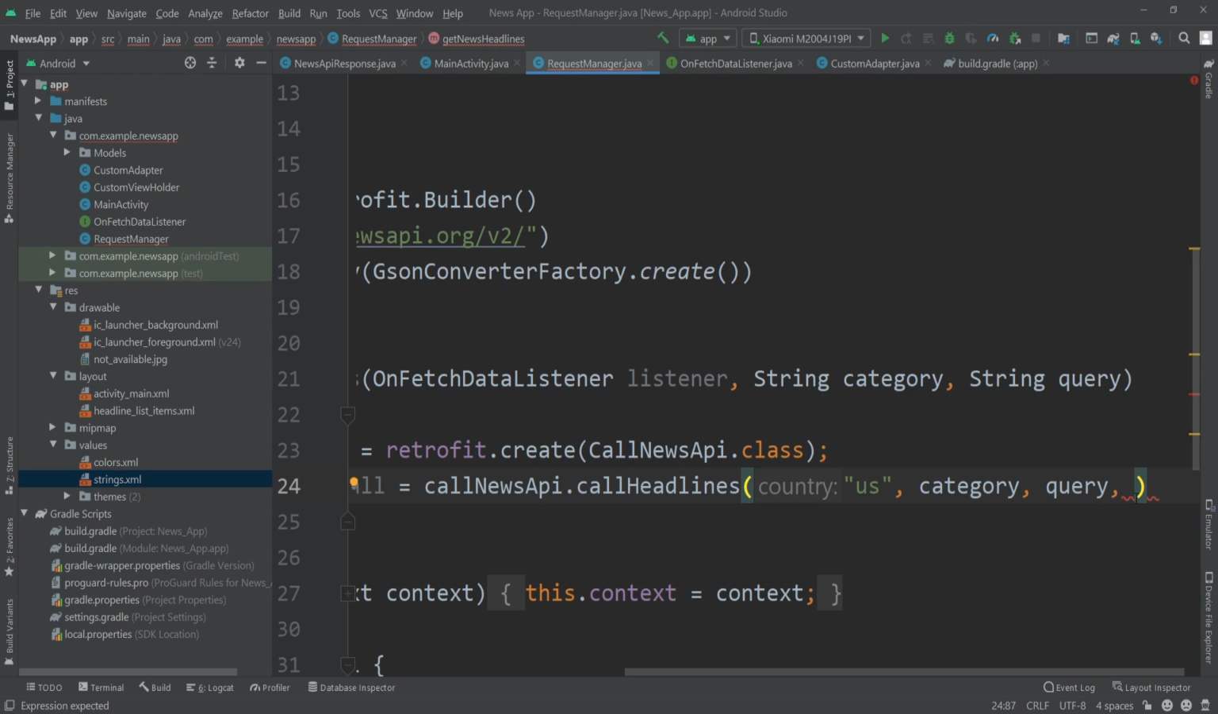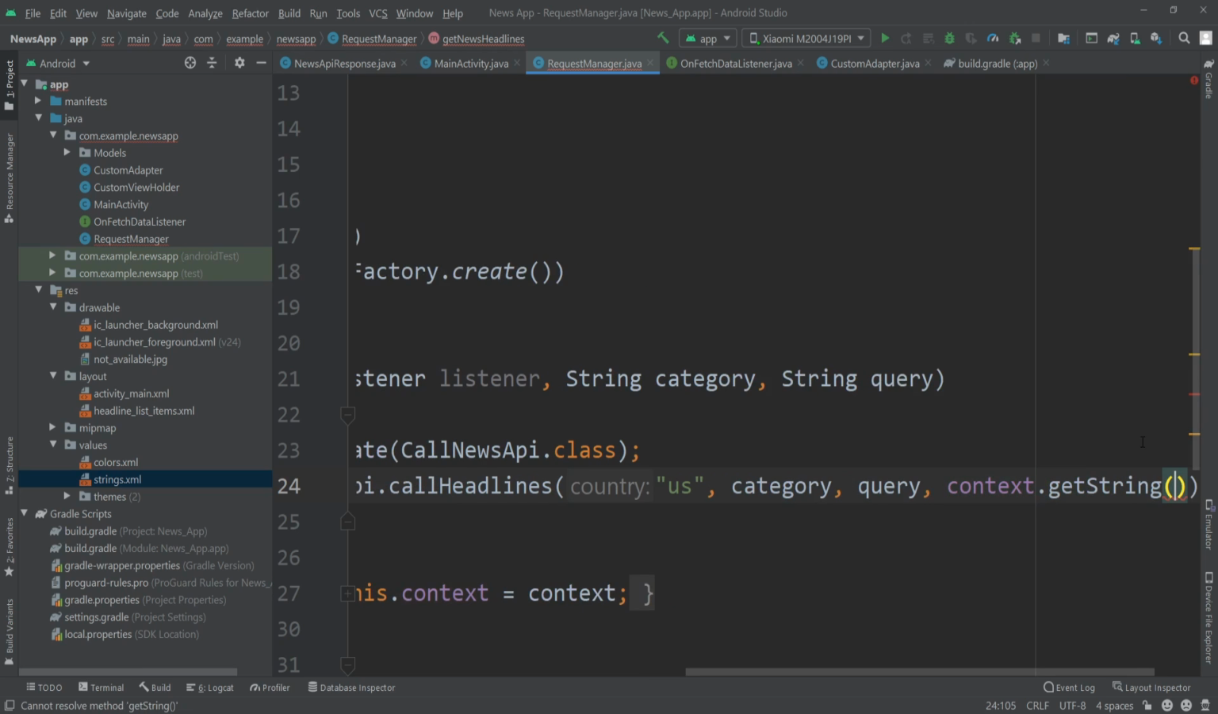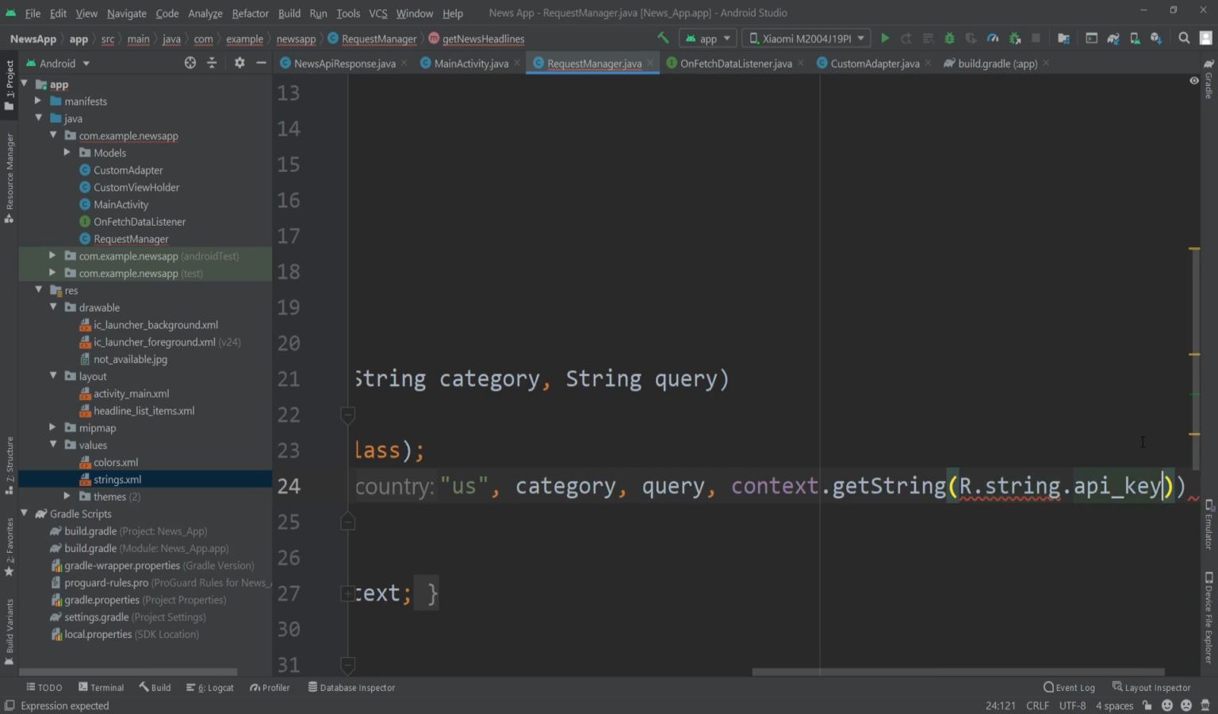So I'll go to the request manager here, and to get the API key from the string file I'll write get string. We have to pass the context first. So context dot get string R dot string dot API underscore key. All right,